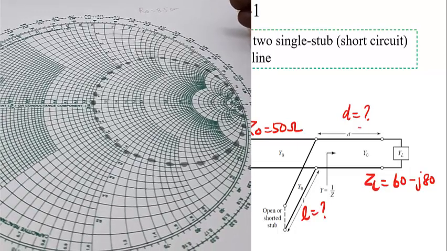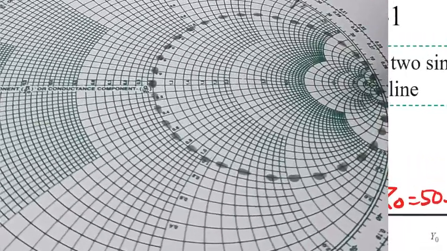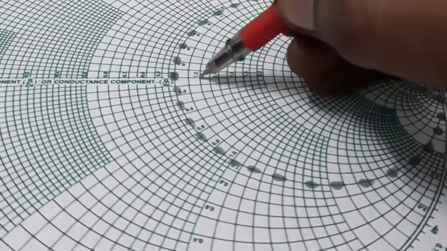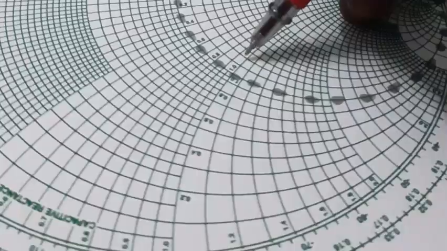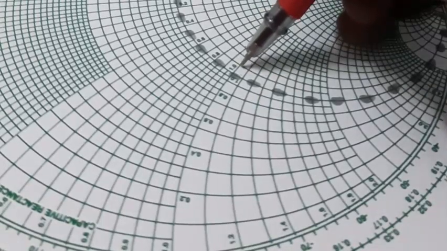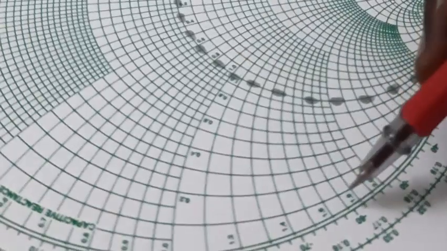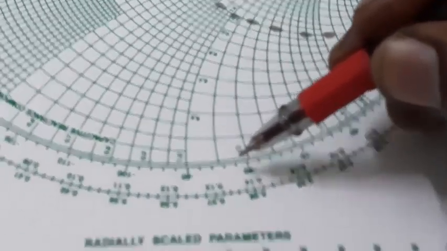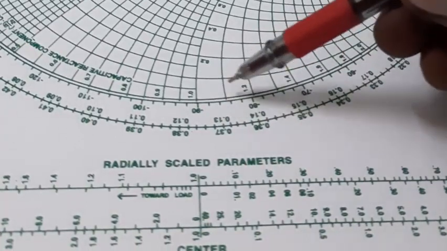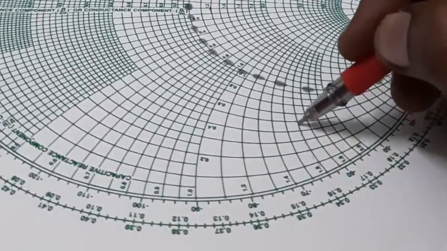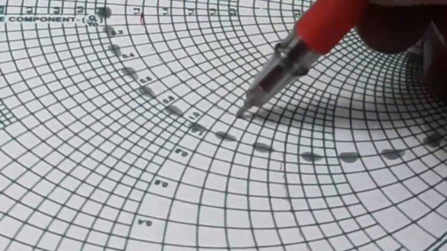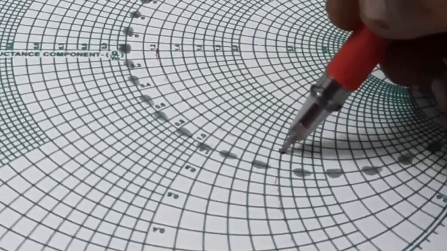The next thing we have to do is place 1.2 minus j1.6. The 1.2 we can easily place here. This is the circle we are supposed to follow, on the negative side. Then here we have the reactance part, which is 1, and then we have to find 1.6. Here you can see 1, then 1.2, 1.4, 1.6. So we move this particular point here, and similarly this point also. Both points meet at this particular line.